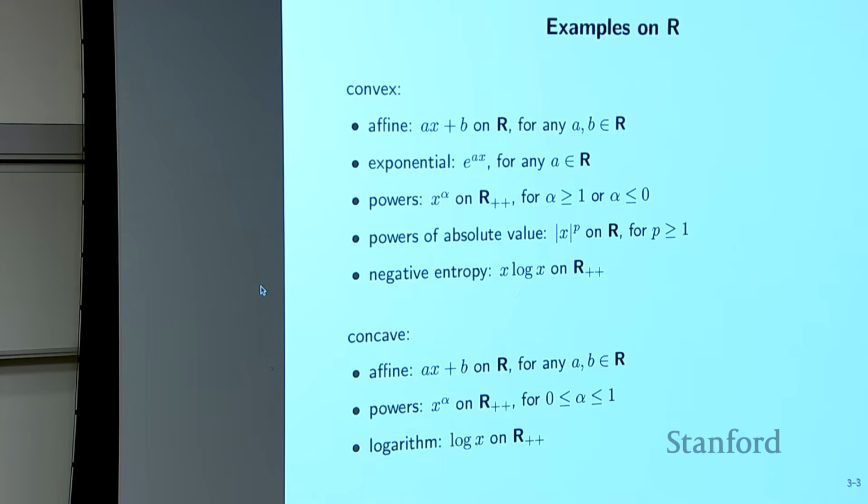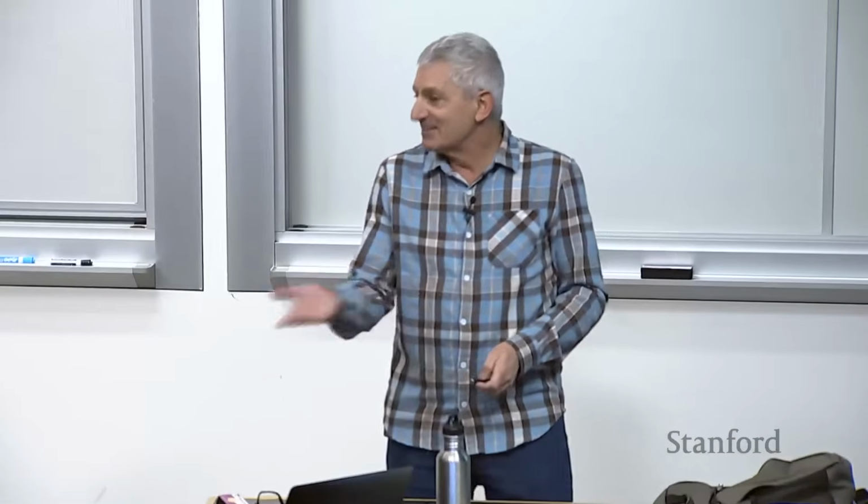Let's look at some examples. First, we'll just look at examples on R. By the way, how do you check if a function on R is convex? You plot it, like in your head, basically. I mean, at some point, if you're being deposed by a group of surly mathematicians, I suppose you'd actually have to show it, and you can't draw a picture. But the point is, for R, you just visualize it.